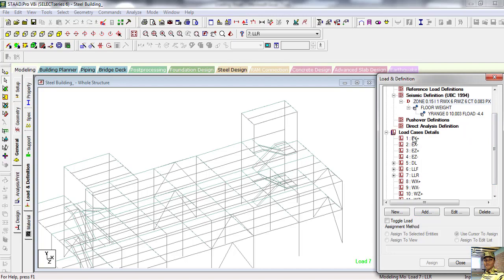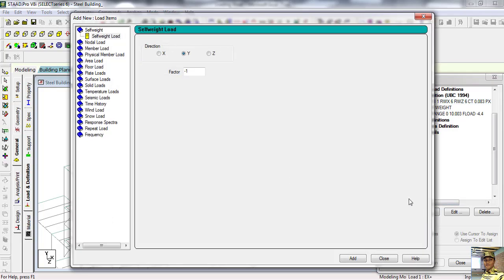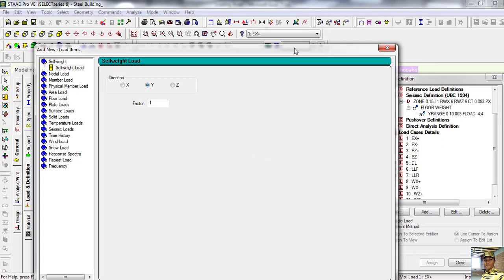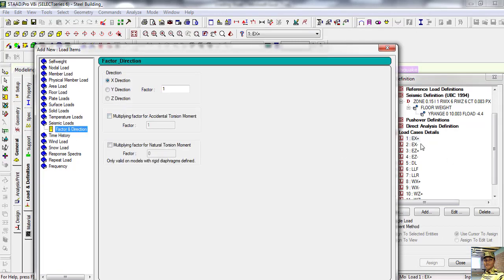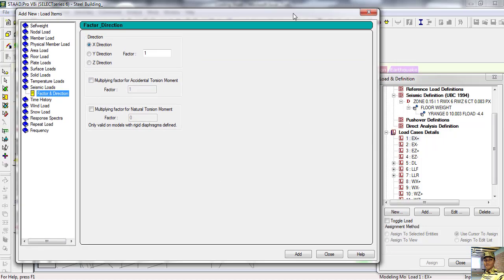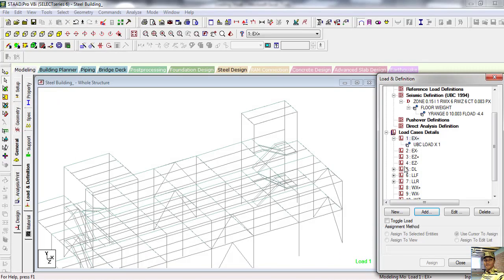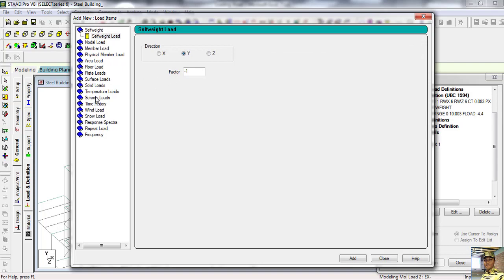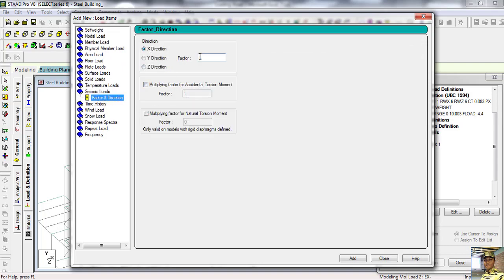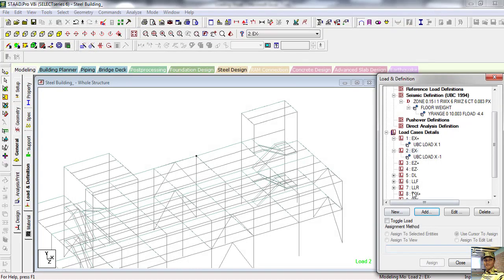Now we define our seismic load in x and z, both positive and negative directions. So select this one, add, go to seismic load, that is the x direction positive 1. So add, close. Same way earthquake x negative, seismic load x direction but negative, put minus, add, close.